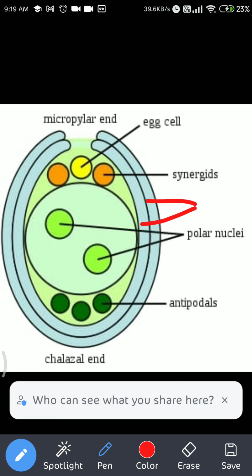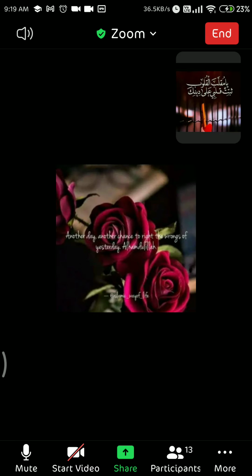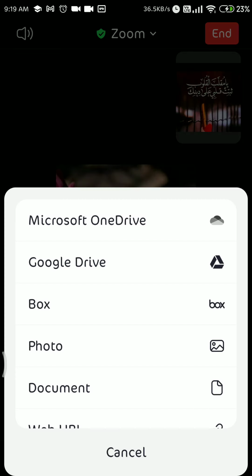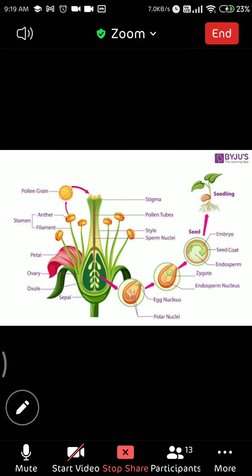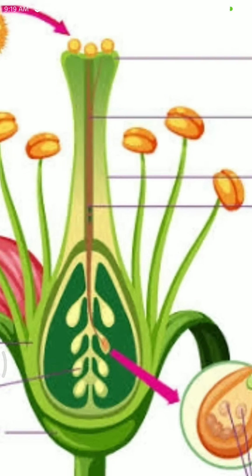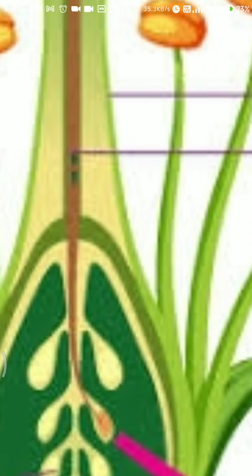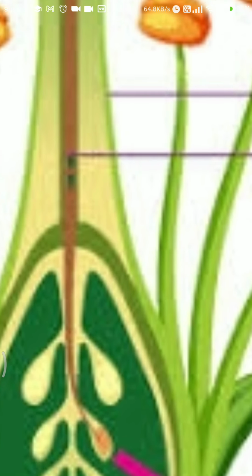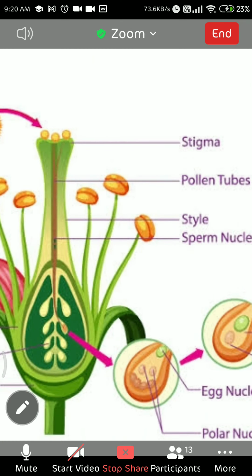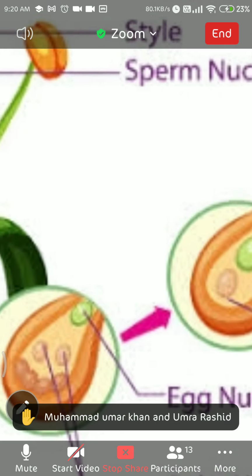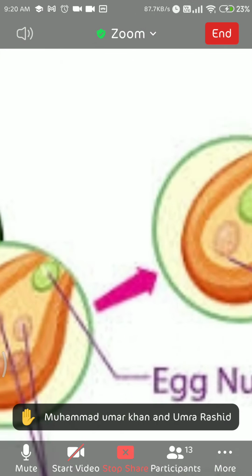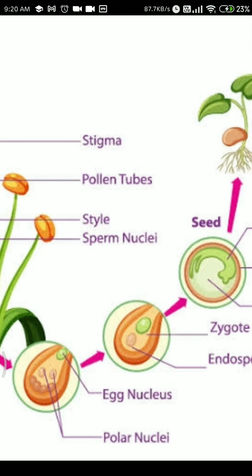Now let's come back to fertilization. I'll show you the same picture again. So these male nuclei, as visible in the brown pollen tube, two dotted green structures, are actually the male reproductive cells. They reach the ovule, and here you can see inside the ovule one egg nucleus is there. This is the green egg structure.